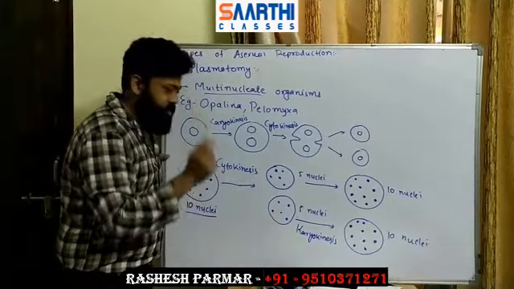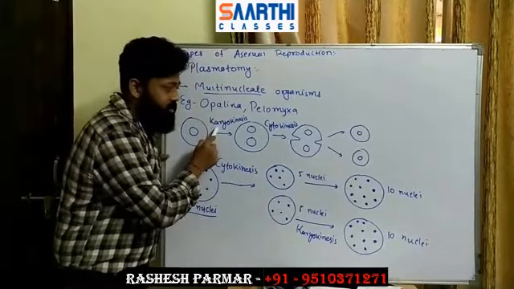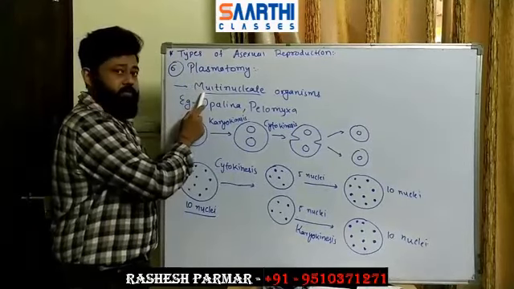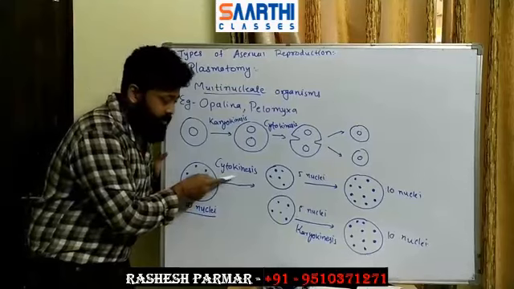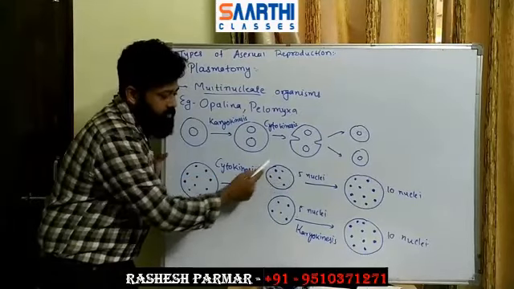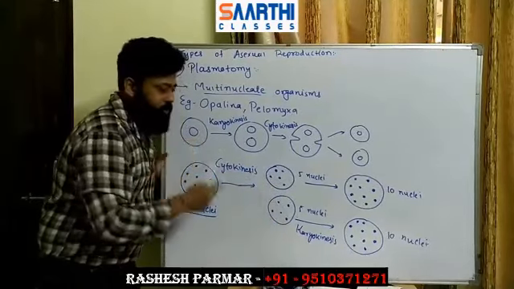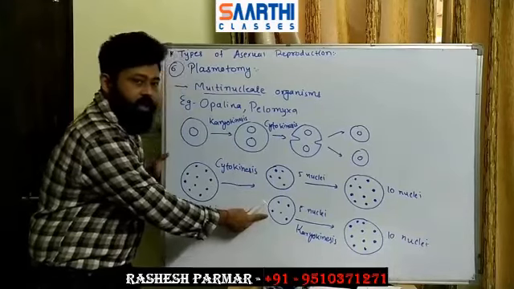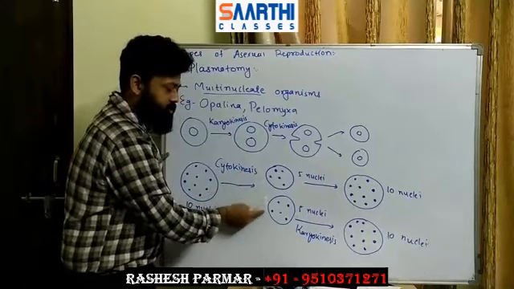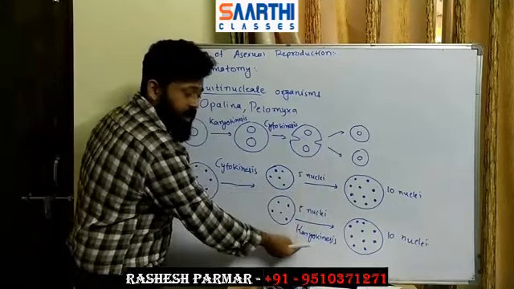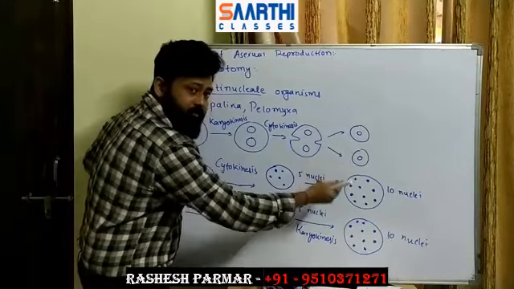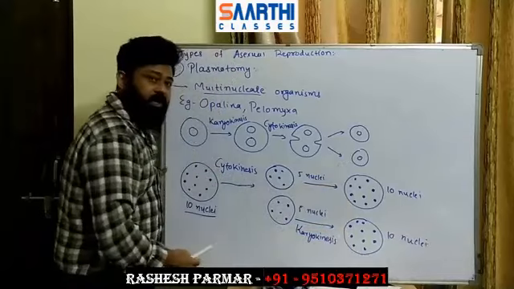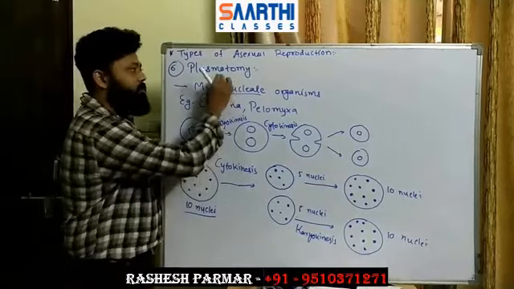So in general, first of all karyokinesis occurs and then cytokinesis occurs. But in a multinucleate organism, first of all cytokinesis occurs, which divides a cell into two daughter cells containing 5 nuclei each. Then these both will undergo karyokinesis and form other 5 nuclei, and they will form 10 nuclei each. This is called plasmotomy.